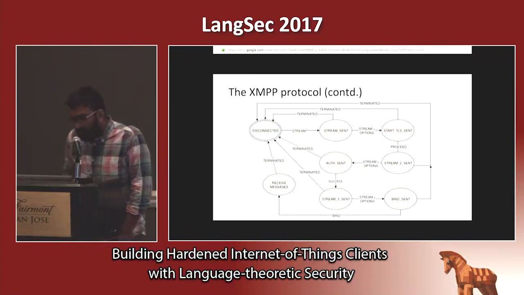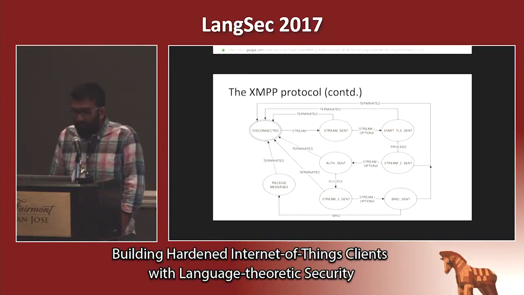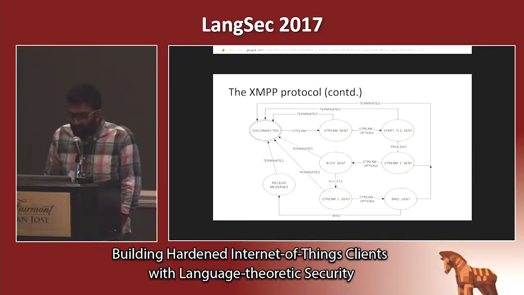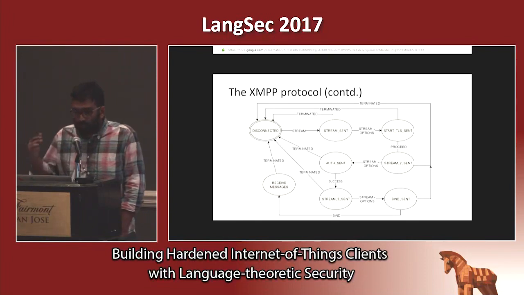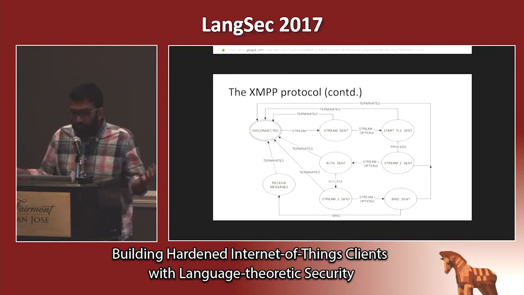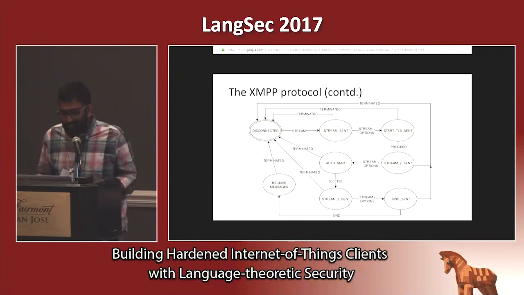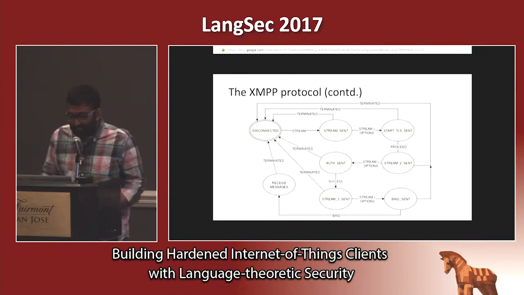So the XMPP protocol state machine is slightly more complicated. There are way more states because the stream message is actually sent 3 times. One in the initial stage where the connection is being initiated, and then when the TLS connection is being initiated, and then when the authentication happens, and then when the binding happens. So the stream message is sent time and again, and each stream message has fields that are unique